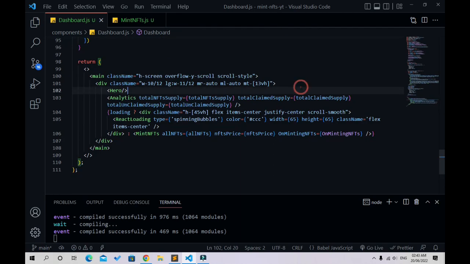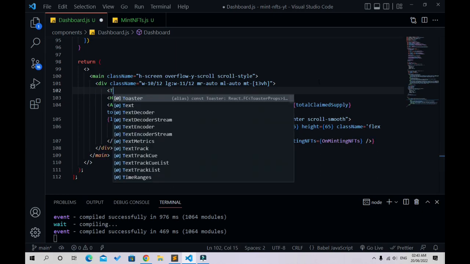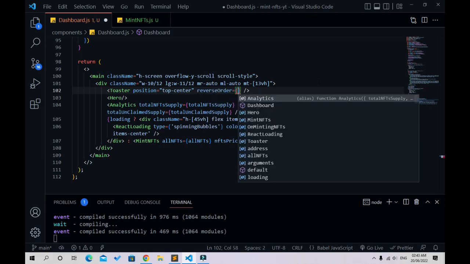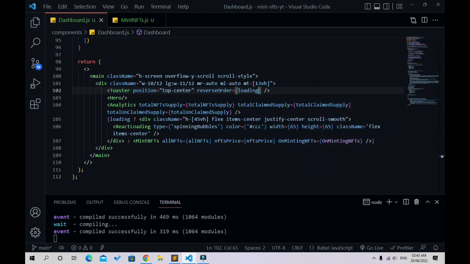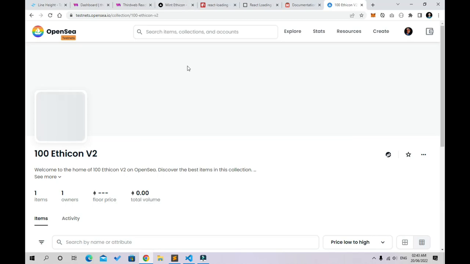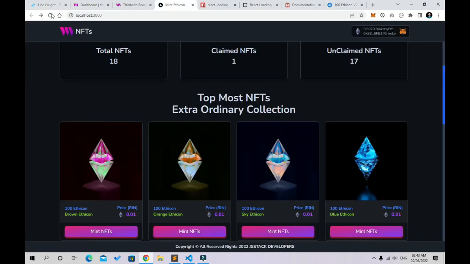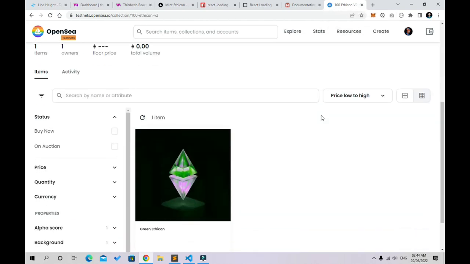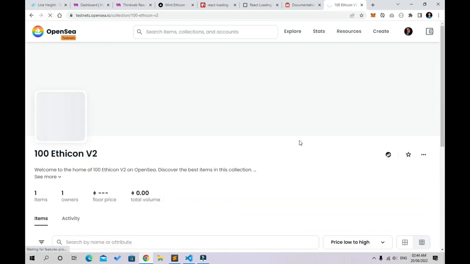Okay, and here, at the hero component, I am adding a toaster component. The position of this toaster component is top center, and the reverse order of this component is loading. That's great. Now move back to our actual project, hit refresh, and let's test if it is working. Okay, cool. Also refresh here,